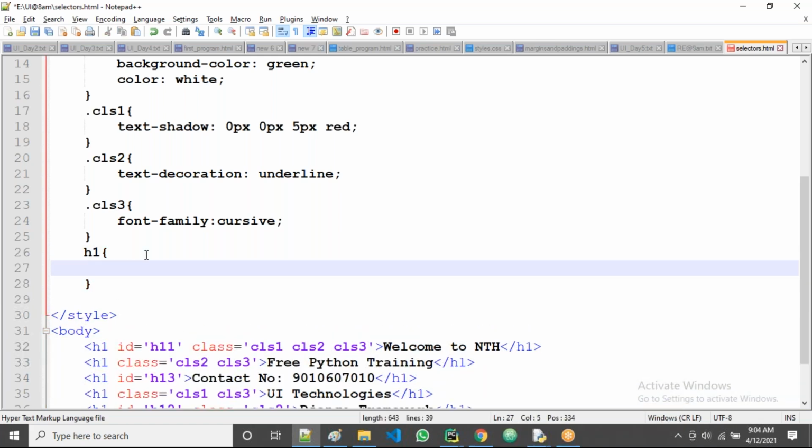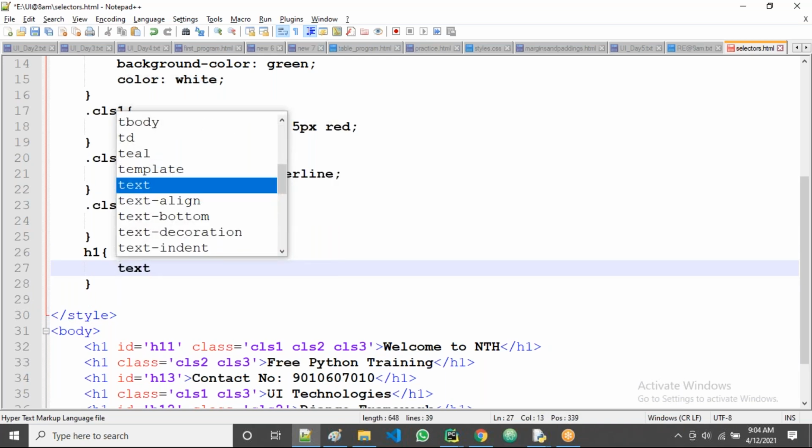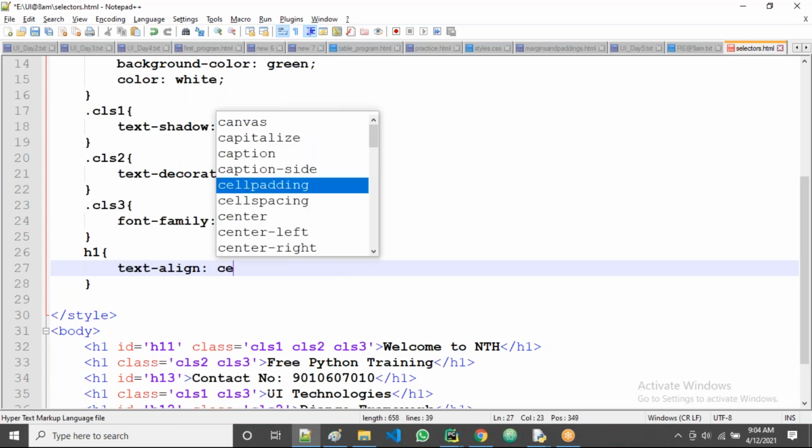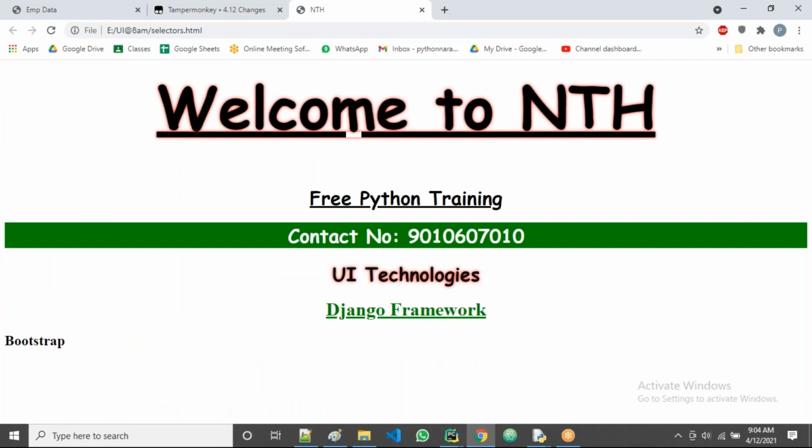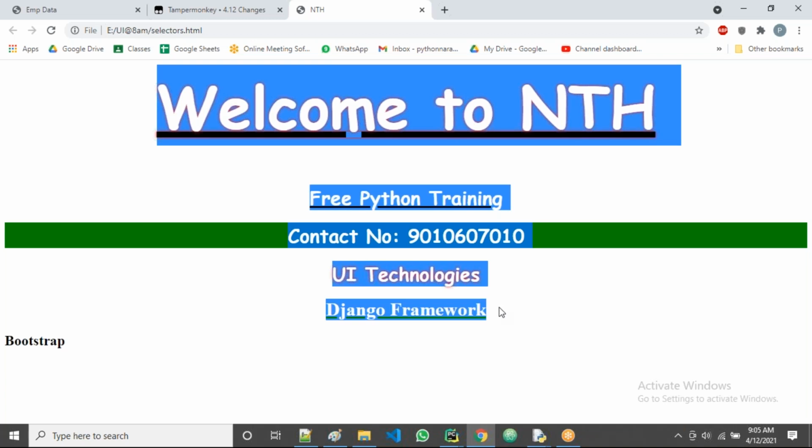Out of different types of elements, for all the same elements, I want to apply the same style. I'll take here, for example, observe, guys. So I'll take text align. I'm taking now center, guys. Now what happens here? All H1s will move to center, guys. Now H2 is not moved, right, guys? H2 not moved. Only the H1s moved here.